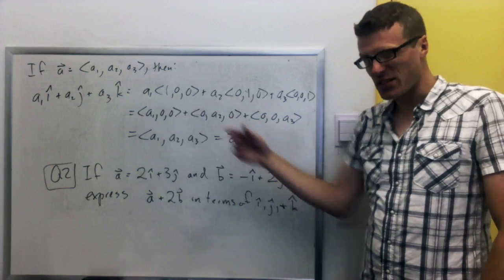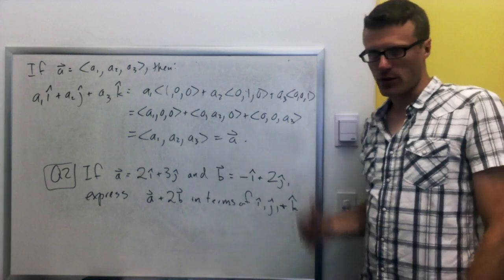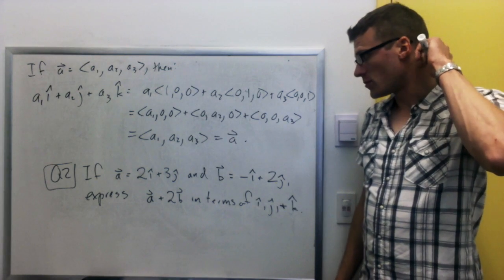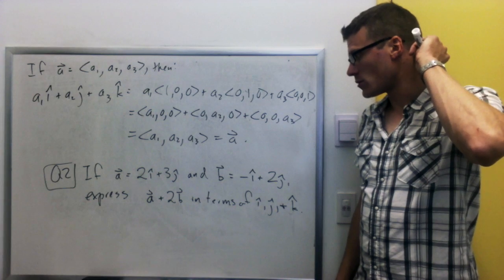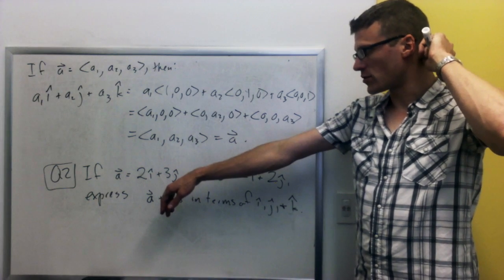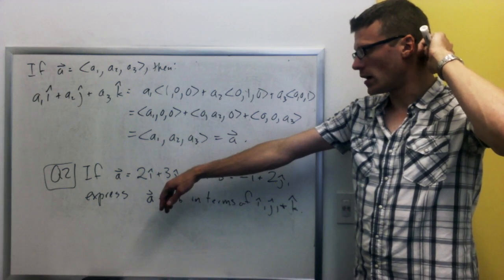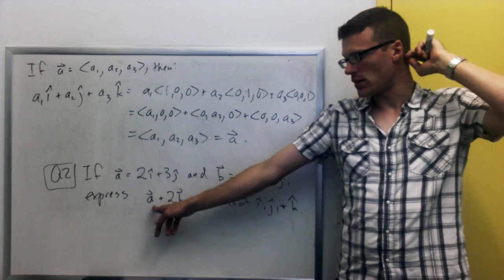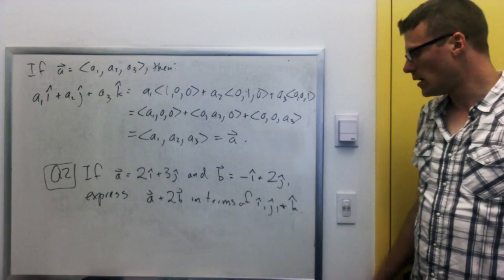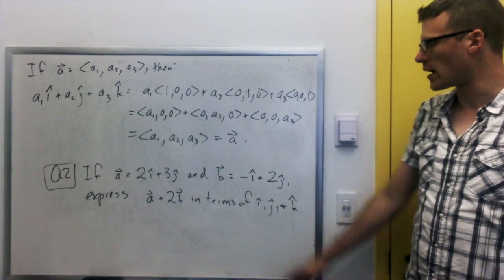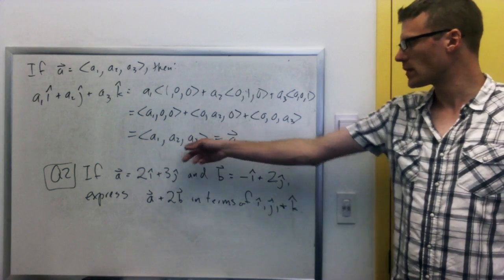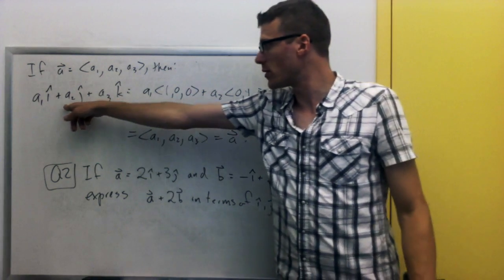We'll find that this is actually kind of useful in some of our computations. Right now, it might seem a little bit silly. Just to give you a little bit of practice working with this, let's do this for question 2. If a is 2i plus 3j and b is negative i plus 2j, express a plus 2b in terms of i, j, and k. That means write it out like this, not in terms of components, but in terms of i, j, and k, like